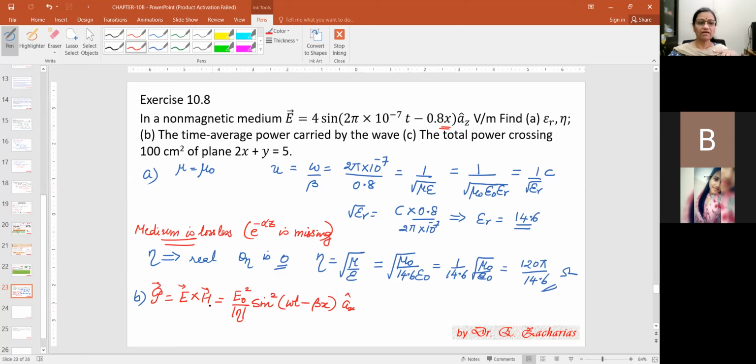Once we are done with that, we want the average power. Average power, you know, is 1 by T into the integral of the instantaneous power density dt. I'm sorry, T is not a vector, dt. So when you do this, you're going to get E naught square by 2 modulus eta, and please remember,